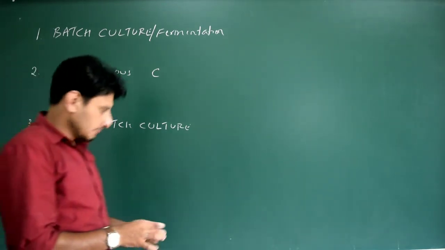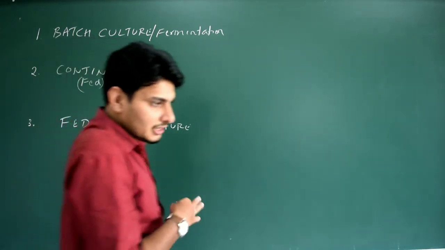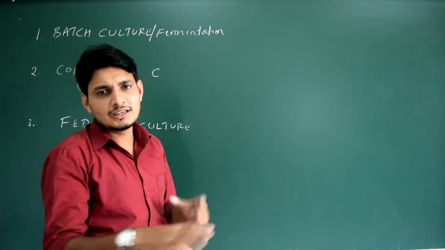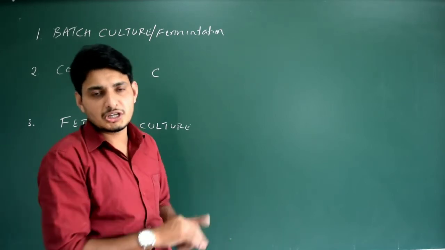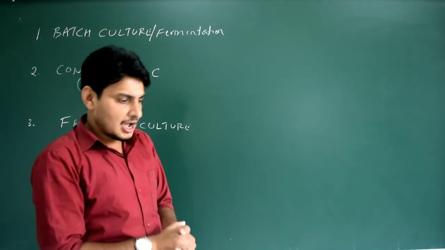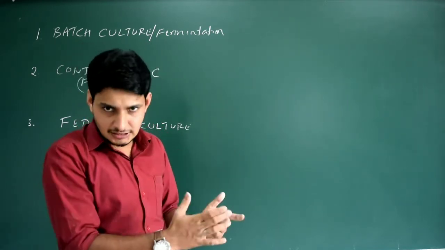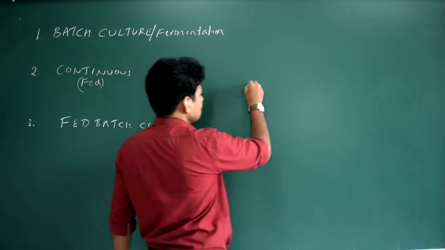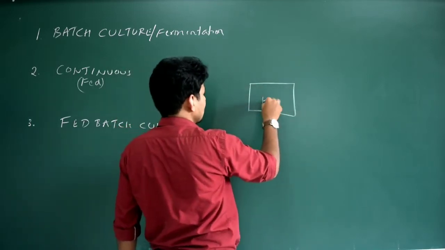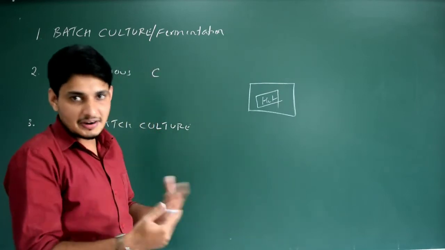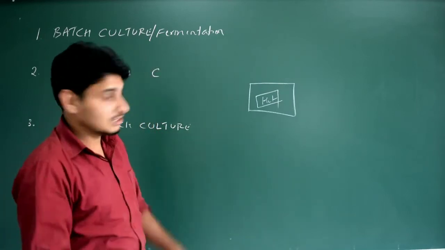Got it? Okay, so right now, we know that the bioreactor contains a lot of inlets where we can supply all the nutrients required for the growth of this particular heterologous organism. How are you going to culture this heterologous host organism? In a batch, for example, see, this is actually a container containing the heterologous host organism, which has the rDNA, that is our gene of interest.